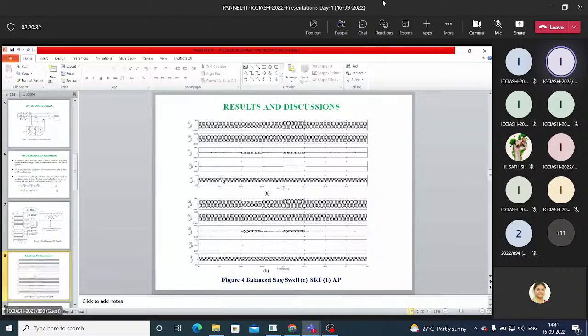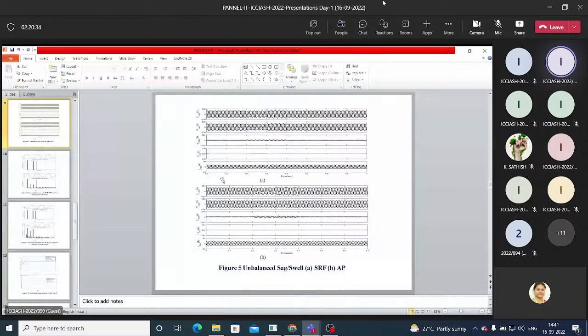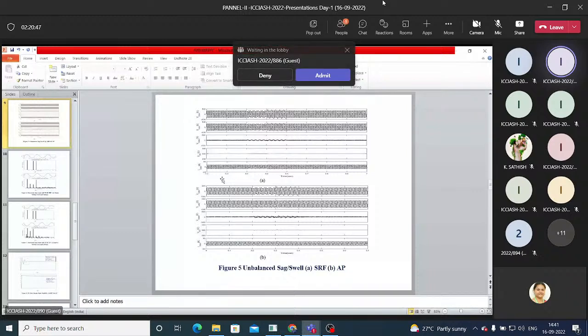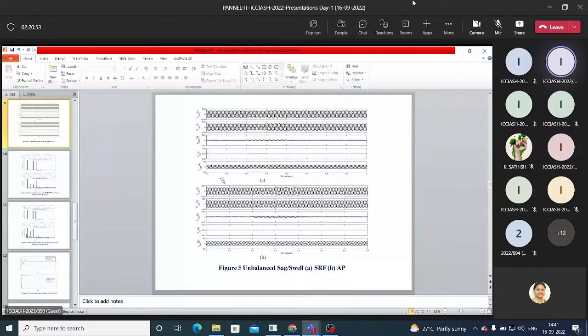Now coming to figure 5, it shows the unbalanced sag swell. A is in case of SRF and B is in case of AP. Here, unbalance is created by creating voltage sag only in phase A during 6.4 second to 6.6 second. In case of SRF, the injected voltage is not appropriate to compensate the unbalanced sag swell appropriately. But as can be seen in case of affine projection,